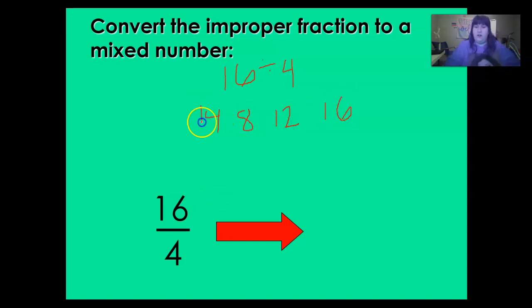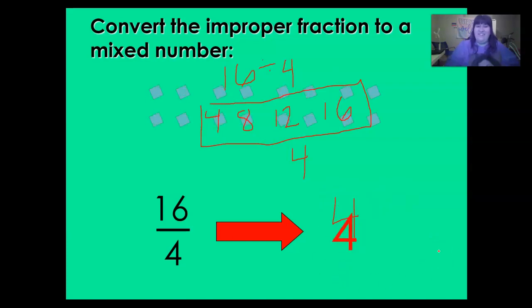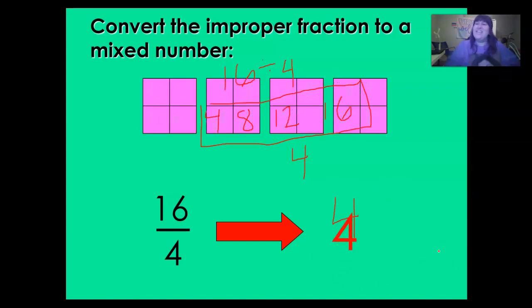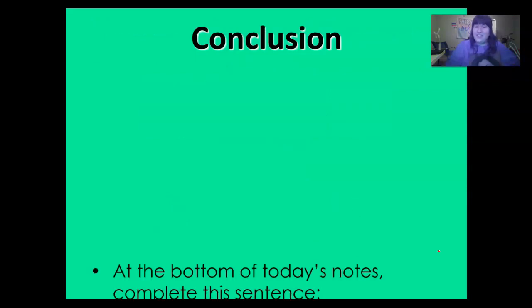I got right there, and I was able to make 1, 2, 3, 4 groups. That means my answer, 16/4, is the same as 4. And I was right. In conclusion,